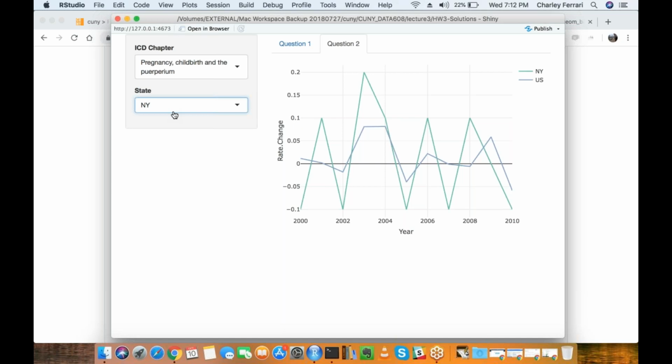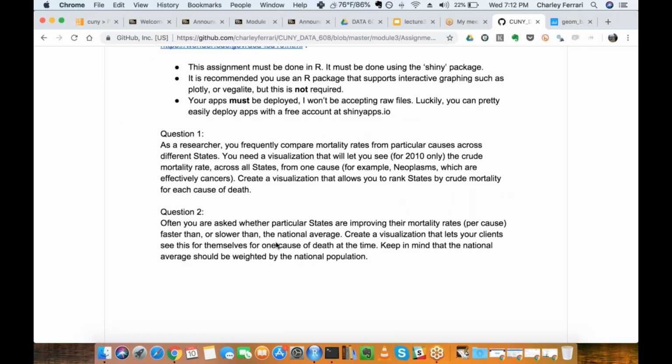But in general, what this is asking is the sorts of questions you need to ask yourself when thinking of interactivity: what makes sense to add as a drop down, as a range slider, etc., and what makes sense to display all at once.